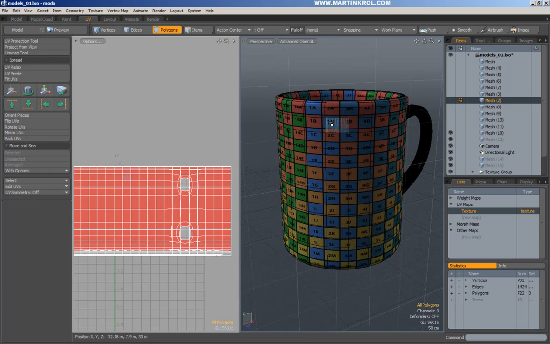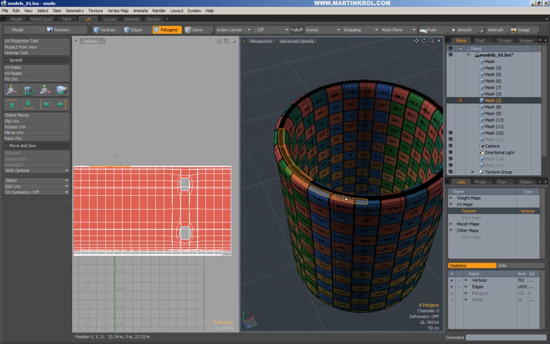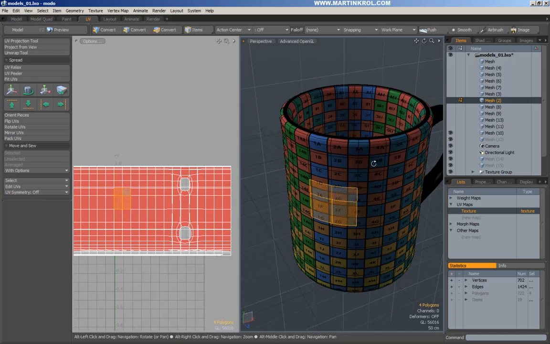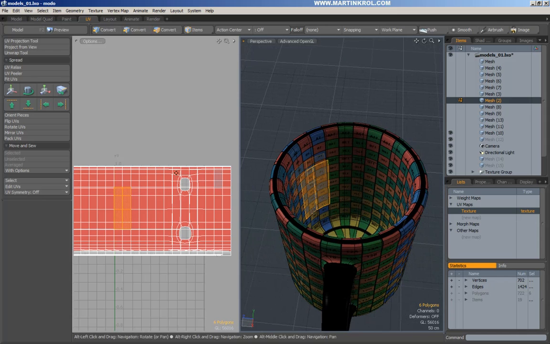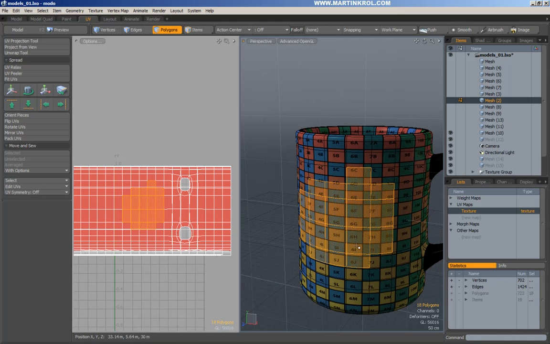But, well, I get square here. I get square here. Of course, at the top, I get stretching. And that stretching is not cool. The other downside, of course, is that this is a direct copy of what I see here. Not good, because what happens is if I paint a logo on the outside of this